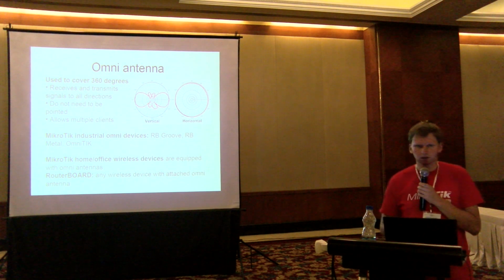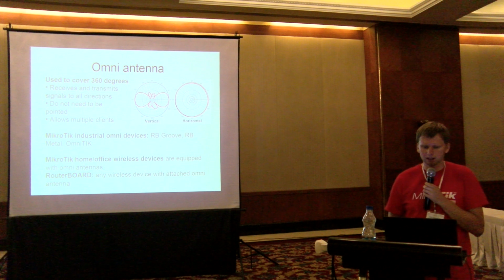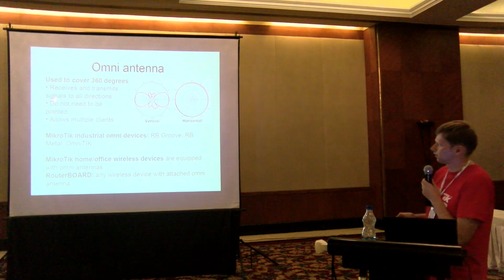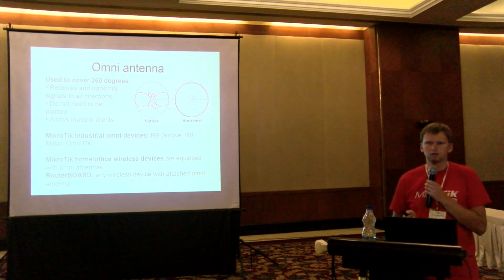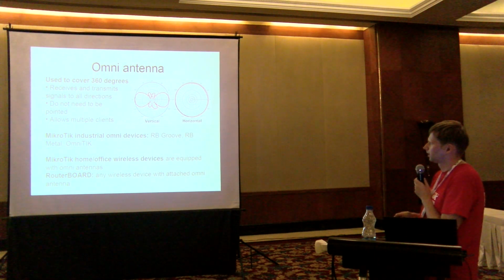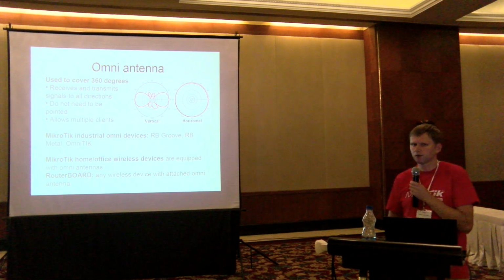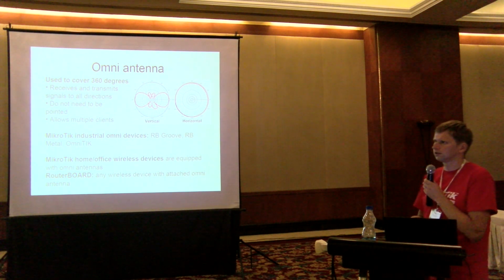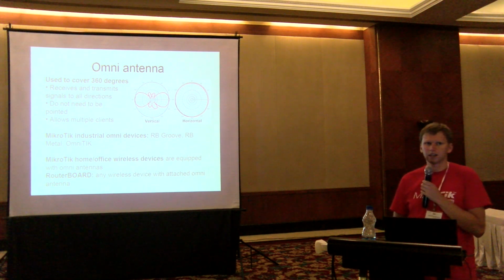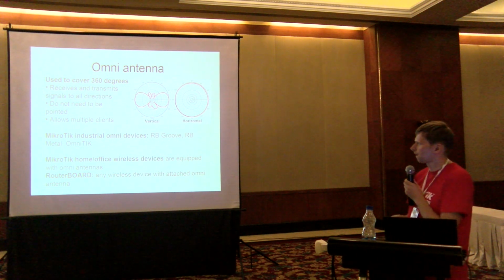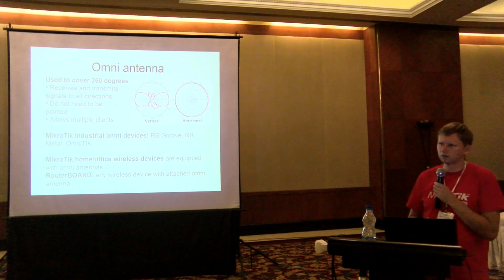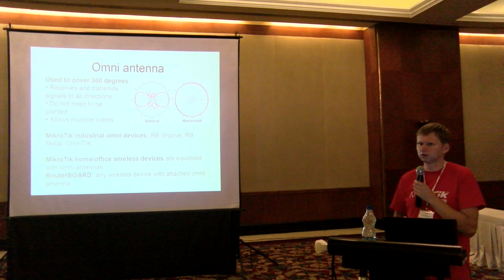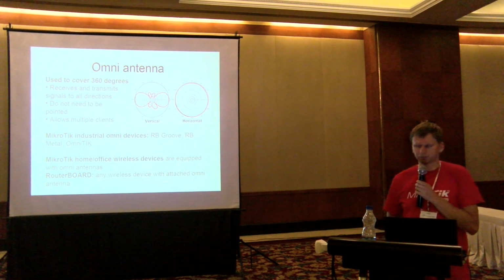And the last part is if you want to make a full access point or regular access point, it's an Omni antenna. It covers 360 degrees, so usually you put it on the mast or on some pole to cover everything. It allows you to connect clients from any direction, but usually the disadvantage is that antenna gain is not so high, and it also receives interference from other devices.